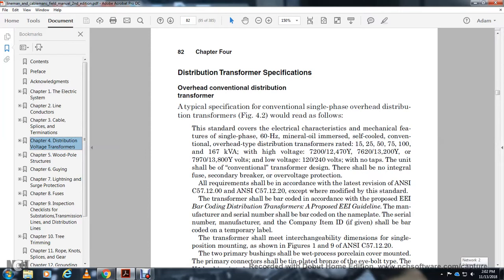Let's go to distribution transformer specification. Overhead conventional distribution transformer. The typical specification for the single phase overhead distribution transformer, Figure 4.2, would read as follows: